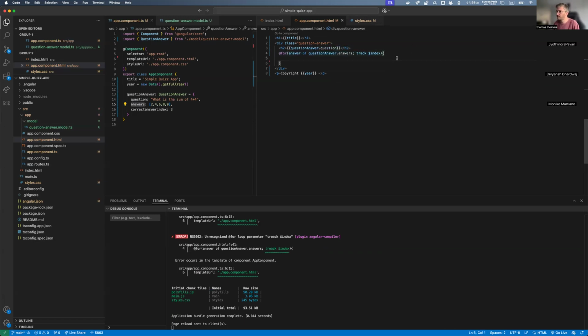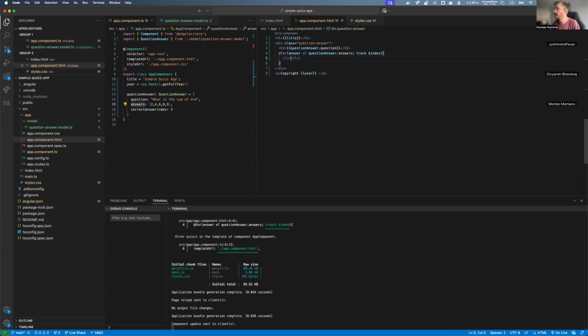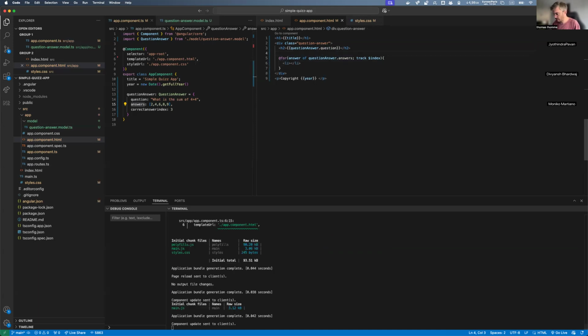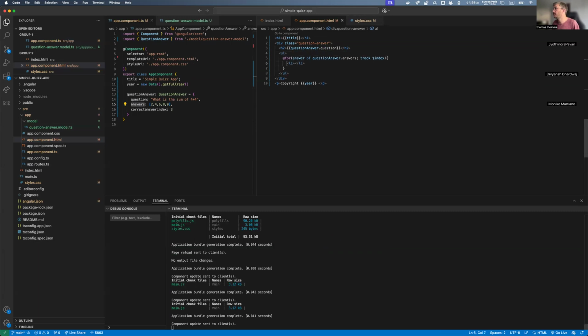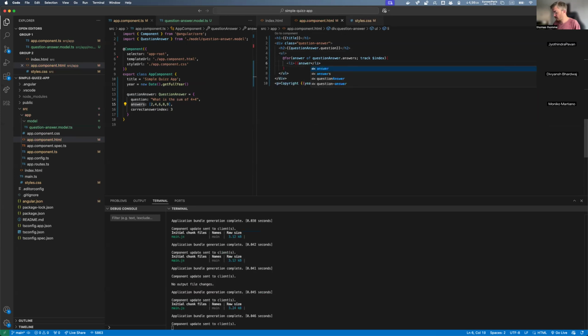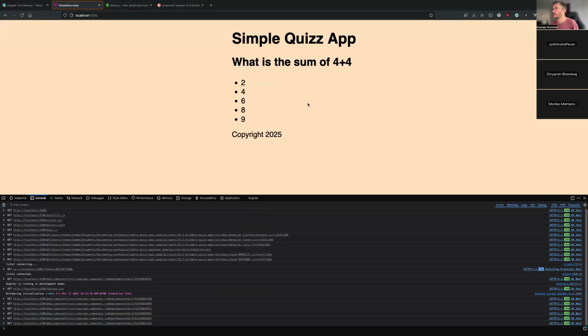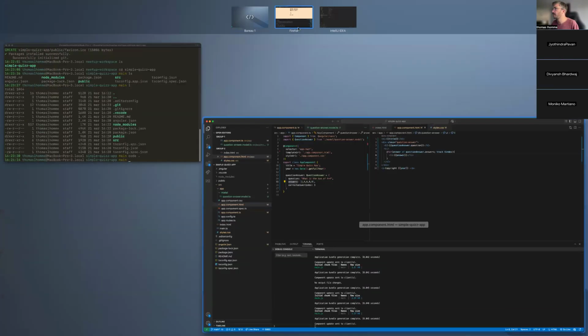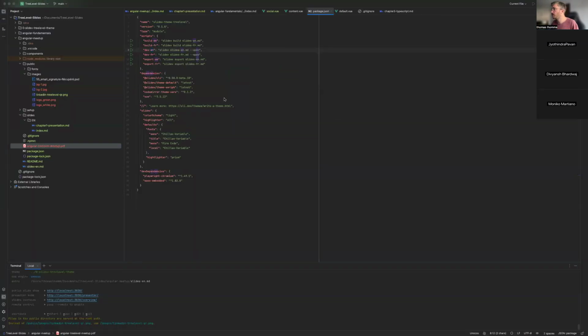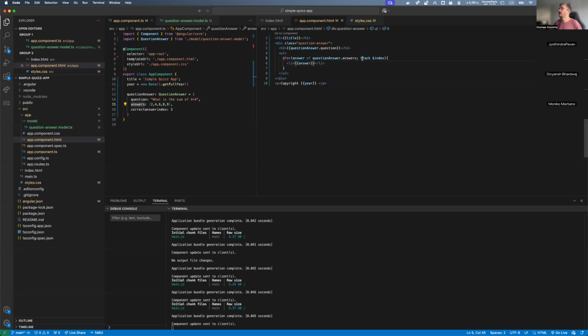Okay, so what does it mean? First thing, let me just display the answer to see if it works. I'm just going to put it in a li. We need to have a UL first. UL and li are just HTML tags, and I'm going to put in here answer like this. Great. Let's have a look here. Great. So we can see that we have all the possible answers displayed, but we have to add this weird track here, right? So what is this?